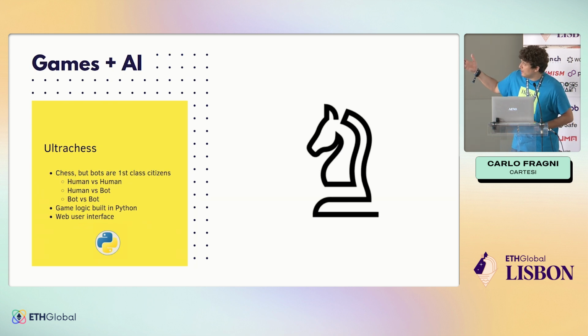This one is more on games AI. This is from a guy that came from our community, and it's called Ultra Chess. So chess has this plague that people don't really play chess online. They open up a game, but they're not playing versus a human. They just open a computer game. Whatever you throw at them, they throw at the computer. Whatever clever move the computer does, they throw back at you. So this guy said, okay, let's make it part of the game. You can play as a human, sure, but the main focus on Ultra Chess is actually you're a trainer of the bot that's going to play.